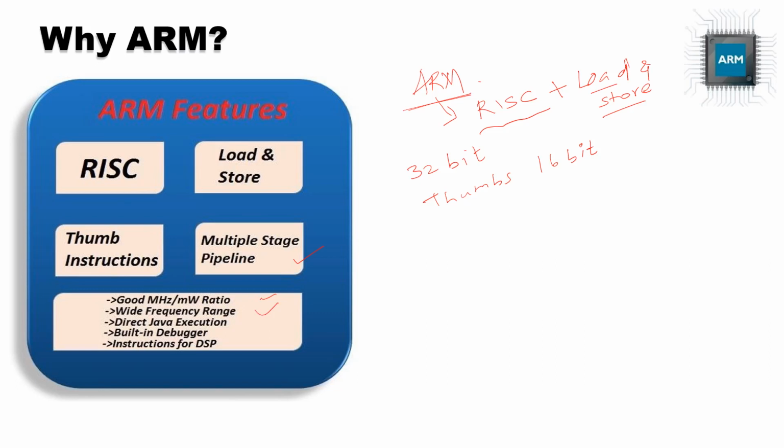It can be used for Java developers. Java developers also can use these RISC processors. Built-in debugger facilities are available, and we can also carry out DSP applications and speech processing. So these are some of the ARM features, which are the combination of RISC as well as load and store, thumb instruction, pipelining concept, and a few other features. That's why it is very famous to use as commercial processors,